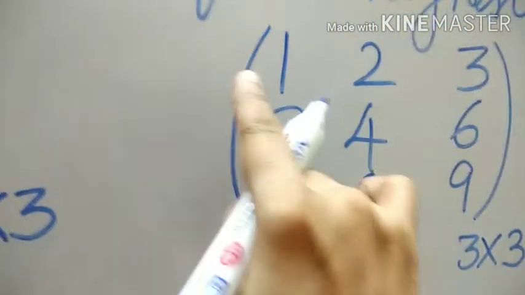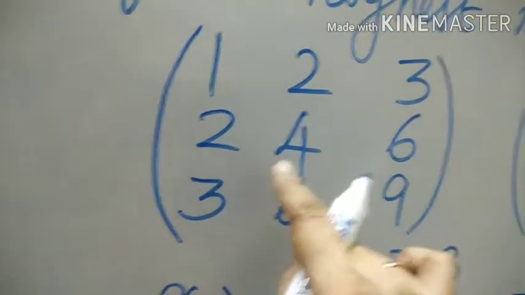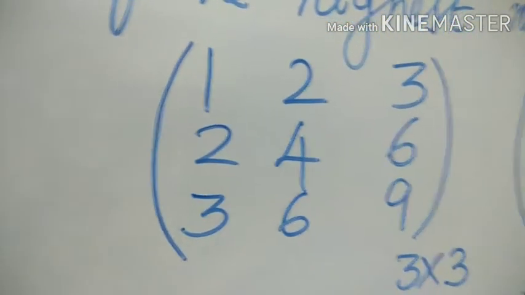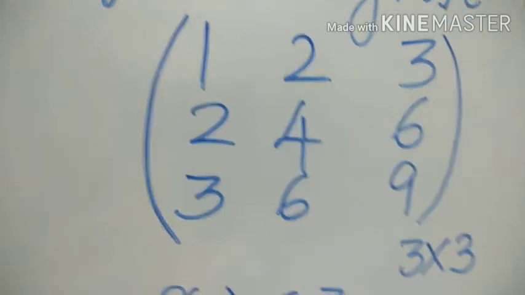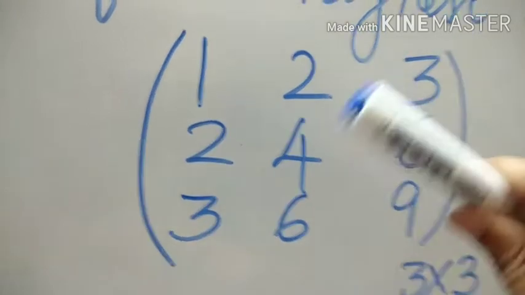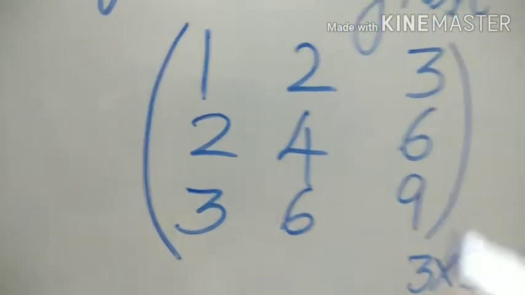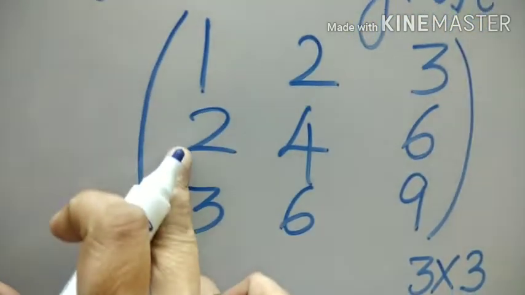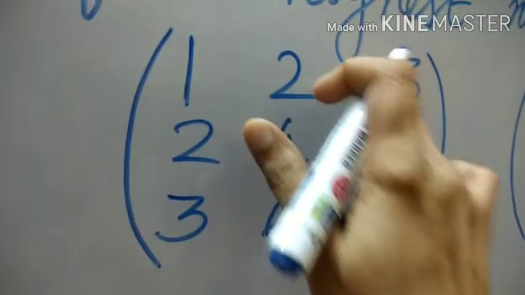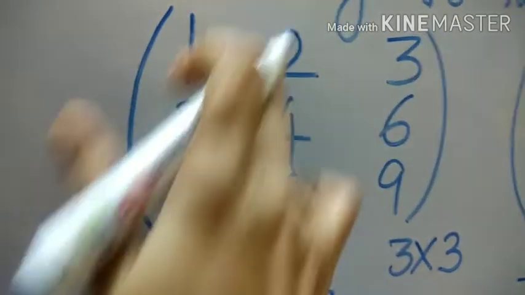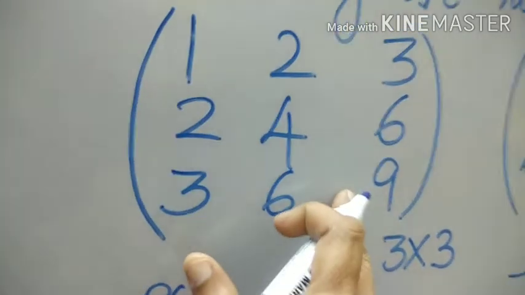Now, coming back to third order matrices. So here we have the numbers 1, 2, 3, 2, 4, 6, 3, 6, 9. As soon as I see this problem, I will immediately say the rank is definitely not 3, because, as a shortcut method, the first row, second row and third row are proportional. See, this is 1, 2, 3. Multiply all this by 2. I get 1 2s are 2, 2 2s are 4, 3 2s are 6. Similarly, the third row: 1 3s are 3, 2 3s are 6 and 3 3s are 9.